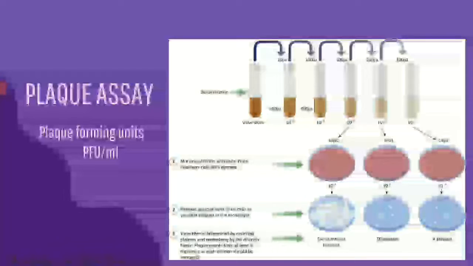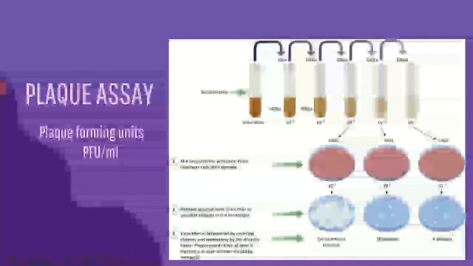When this viral suspension is allowed to incubate, viruses form visible clear zones which we call plaques. These clear zones are formed because the virus has lysed the cell, it has killed the host cell, moved on to the neighboring cells, killed them, then moved on from there. Because it has formed a zone where all the cells are dead, we are able to see these clear zones as plaques.